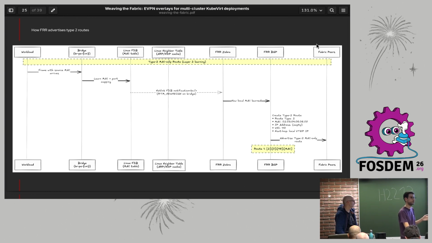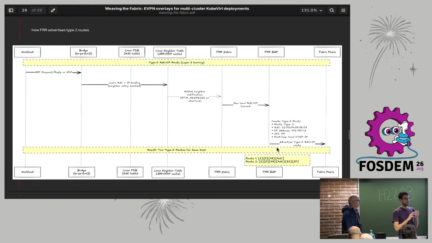And this is it. Whenever the other nodes, which could be in different clusters, see this type 2 route, what will happen is they will provision an entry in their FDB table. So they will know this MAC address is available on this VTEP IP, which is somewhere else in the world. This is for a type 2 route that has just a MAC address, as you see in the bottom, right here. Now, in order for you to jump into another network, you will also need to have an IP